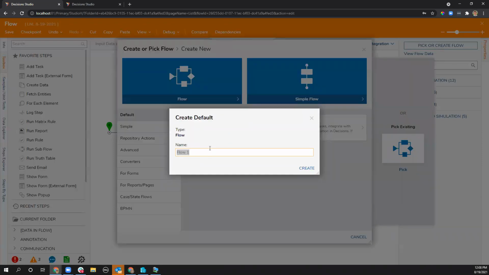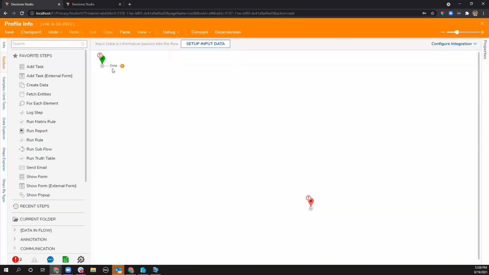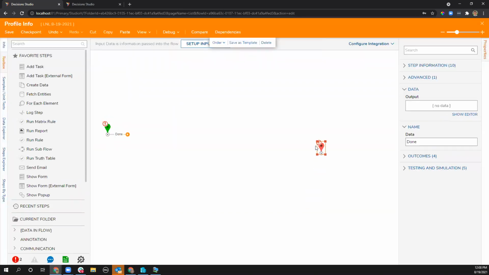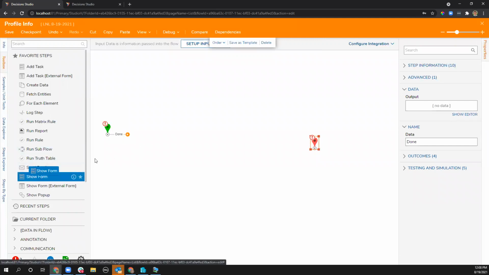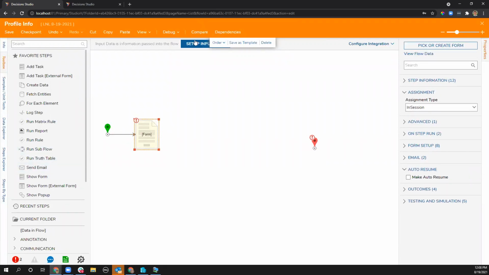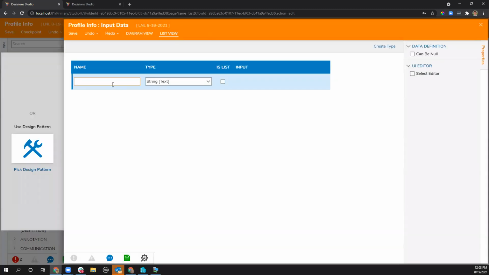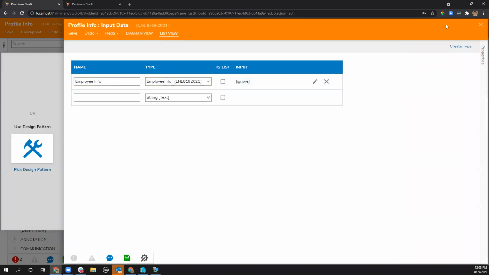Sorry if I'm moving very quickly. I'm just trying to get through your entire use case. In your subflow, you display another form. I'm going to define input data to this. Pass data into my